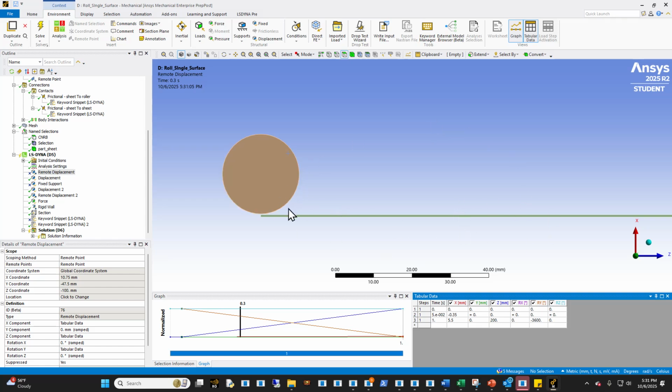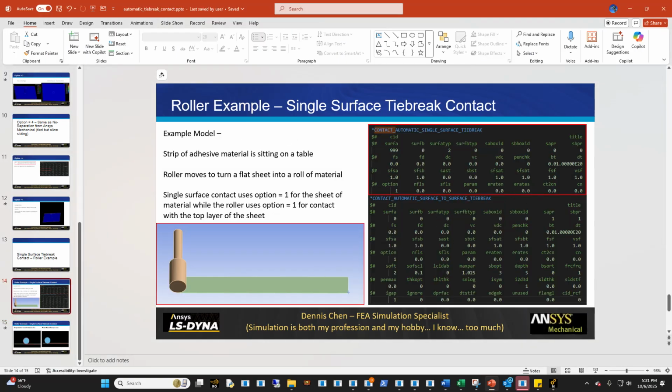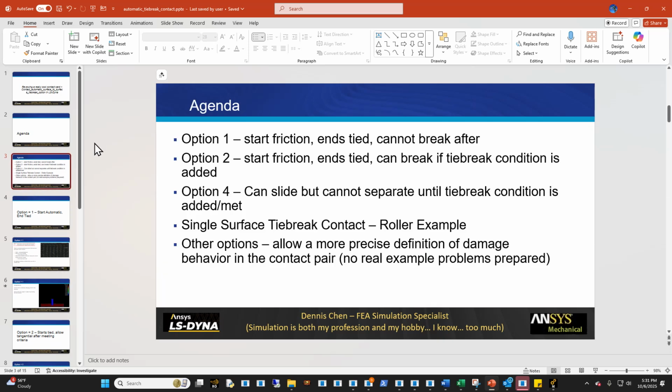And as it wraps it, this roller is slightly raised to allow the space, because if you don't raise it up, there's no space for the material to wrap around it, and that becomes a problem. And that's in essence what this contact card is. And I have a single surface contact down here that's going to be using the single surface contact that you see right here to handle it. All right, that's the review for the automatic